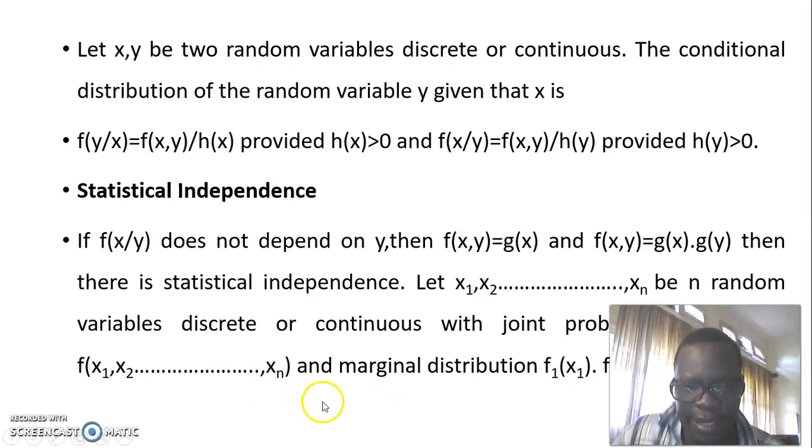Then, if they are statistically independent, their joint probability distribution is equal to the product of their individual marginal distributions, which is equal to f1 of x1 times f2 of x2 times up to fn of xn,